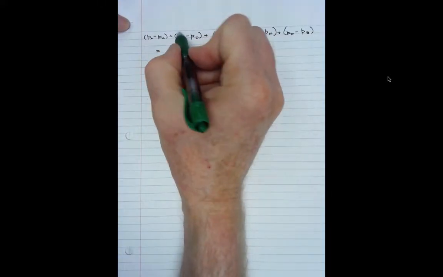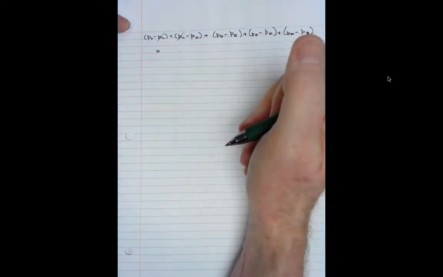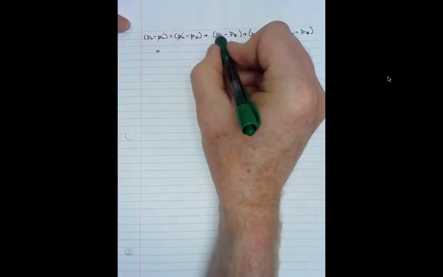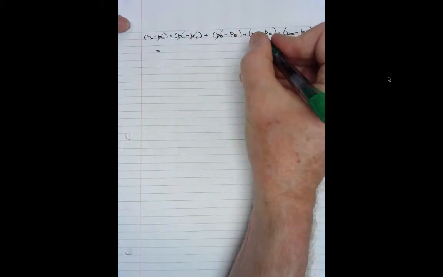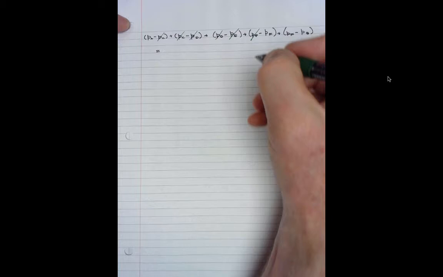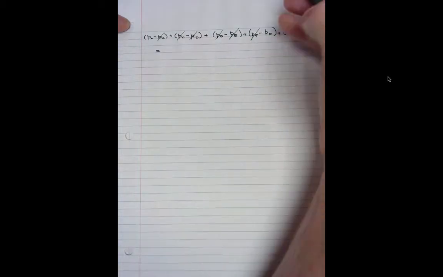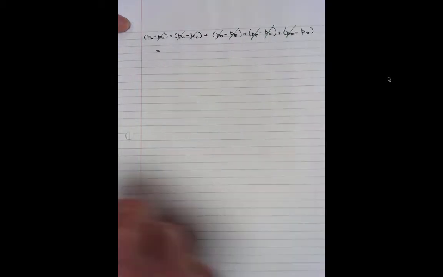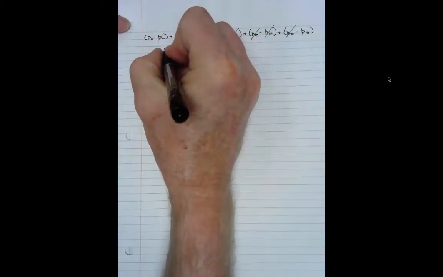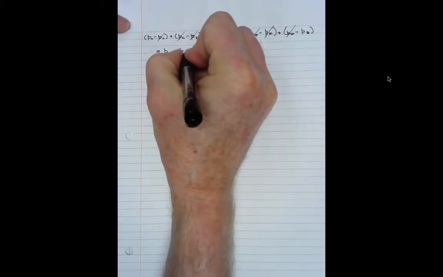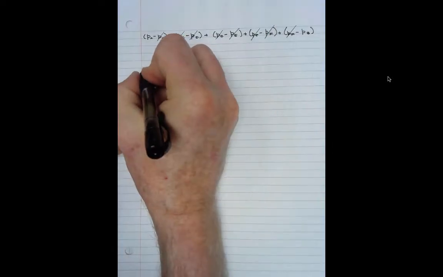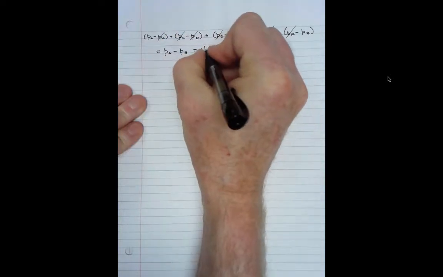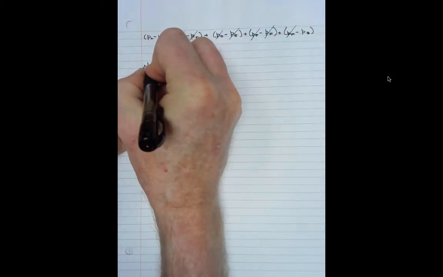There's a plus PC and a minus PC. They vanish. There's a minus PD and a plus PD. They vanish. There's a minus PE and a plus PE. They vanish. There's a minus PF and a plus PF. They vanish. So all that's left is PA minus PB. Okay, that was the left-hand side. We now can substitute in the right-hand side, so let's call this delta P. This will be easier to write. So now delta P is equal to